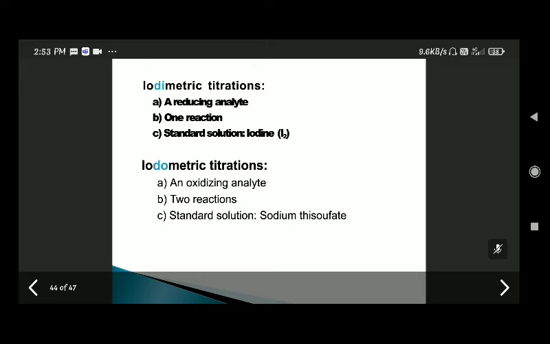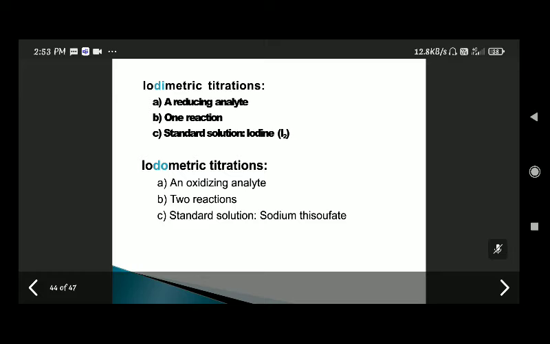Another point that I would like to discuss here is about equivalent weights of oxidizing agents and reducing agents. In acid-base titrations, you have seen how to find out the equivalent weight of salts like sodium carbonate, which you have used for preparing standard solutions. Do you remember? Yes, ma'am. So anhydrous sodium carbonate you have used there for preparing standard solution.